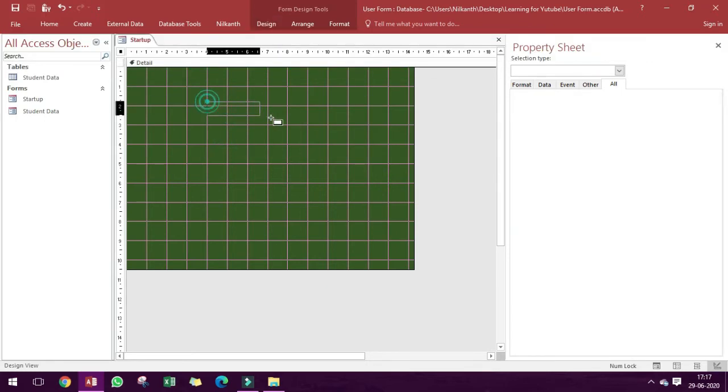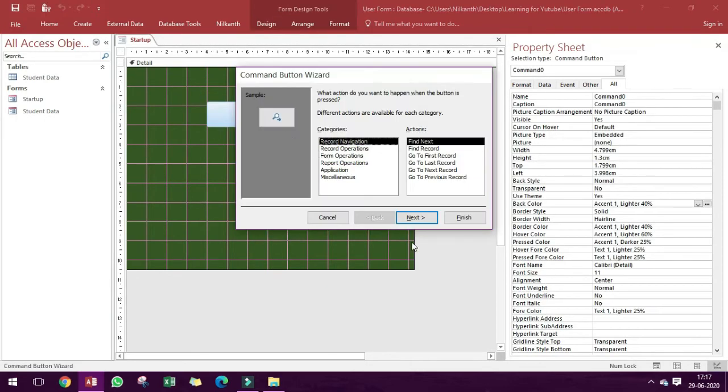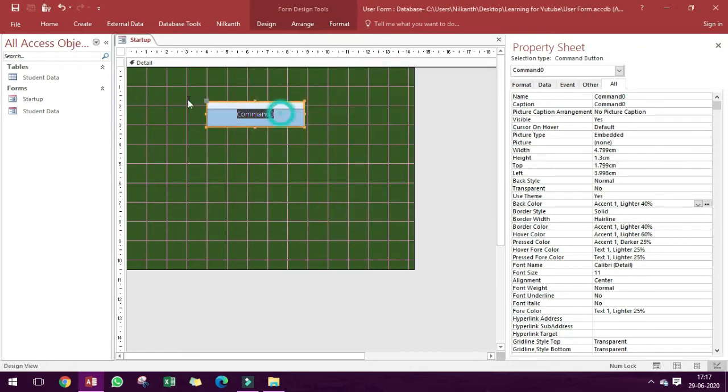We will give a button over here which will command us to this student's data form.